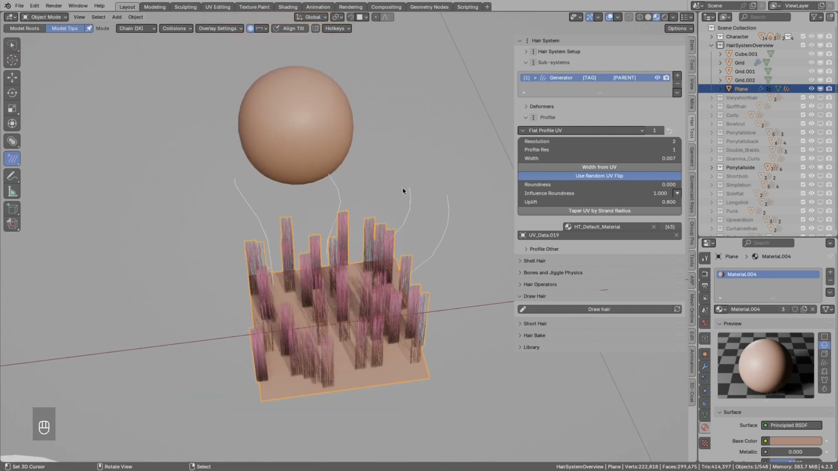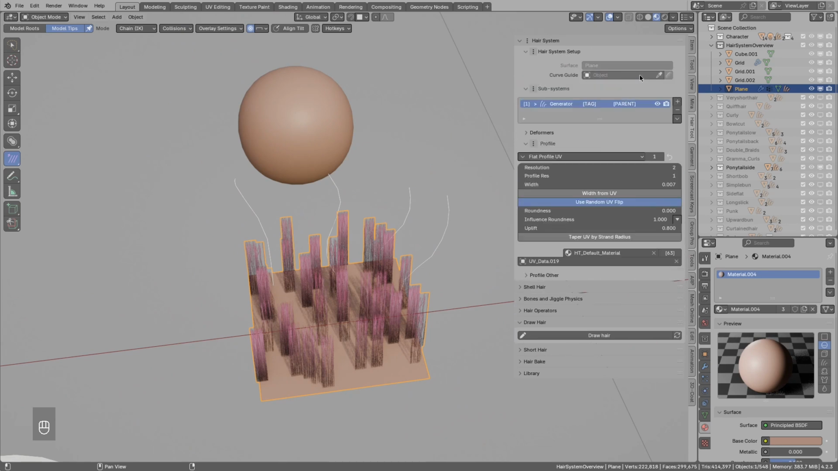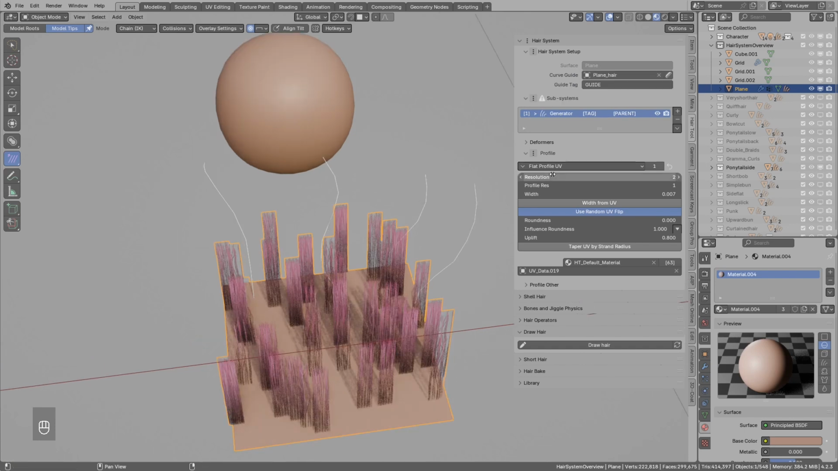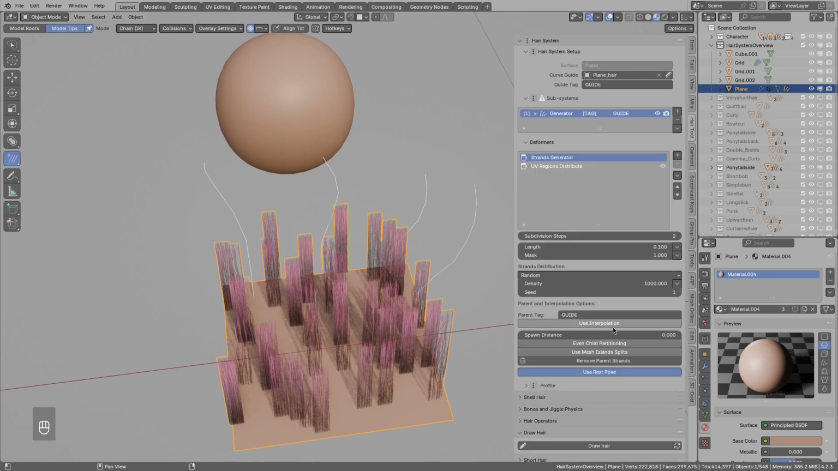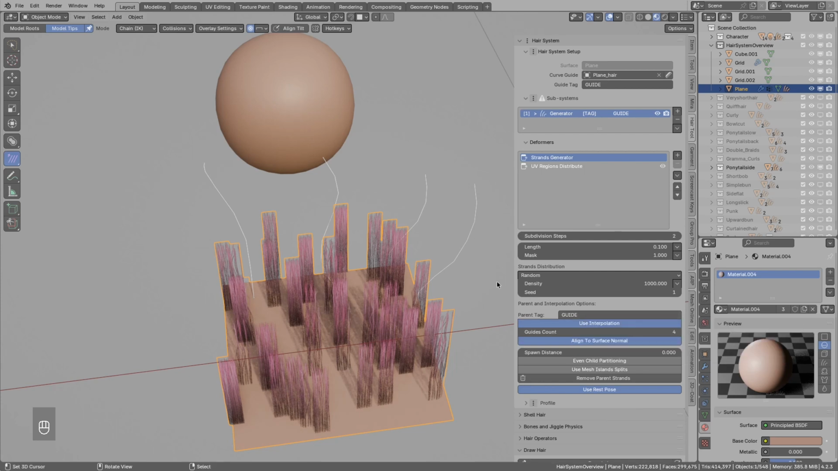And we want to use those guides. For that, let's go to the hair system setup and let's pick the curves we just created. Now those curves receive this guide tag. Let's copy this tag and paste into the hair system parent. Now this is still not working because the interpolation may be disabled, so enable interpolation,